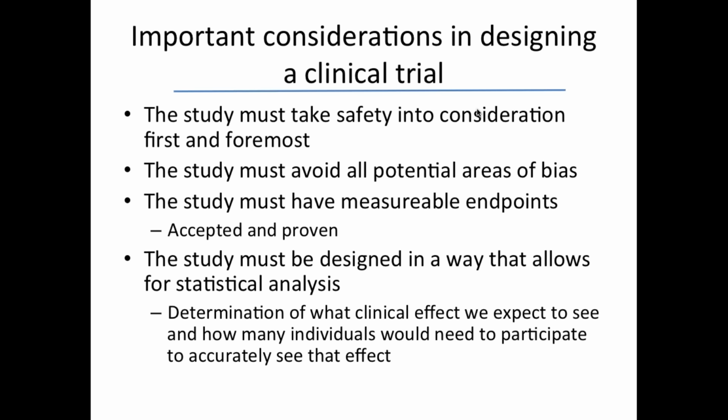And really what that means is, in looking at the study design, statisticians work with researchers to determine something called the power of a study. In other words, in order to reach statistical significance, which is something we call a p-value, that measures the value of that statistical significance, how many people do you need to have participate in a trial that would see an effect that you would expect? How many people would you need to get that statistical significance?